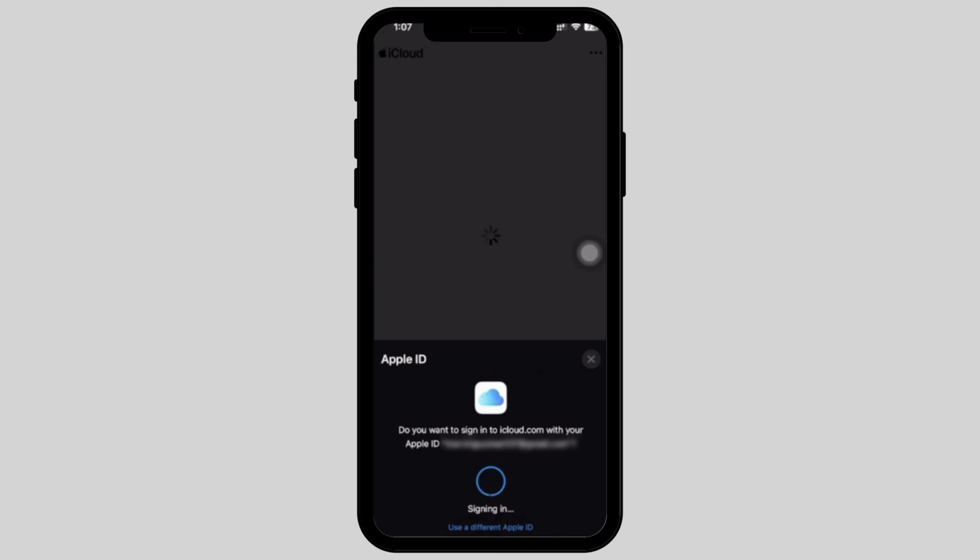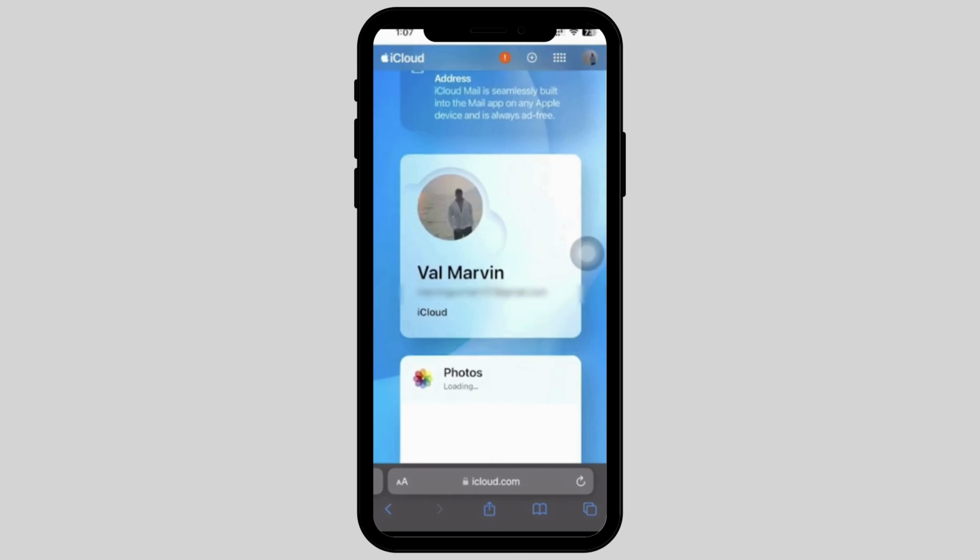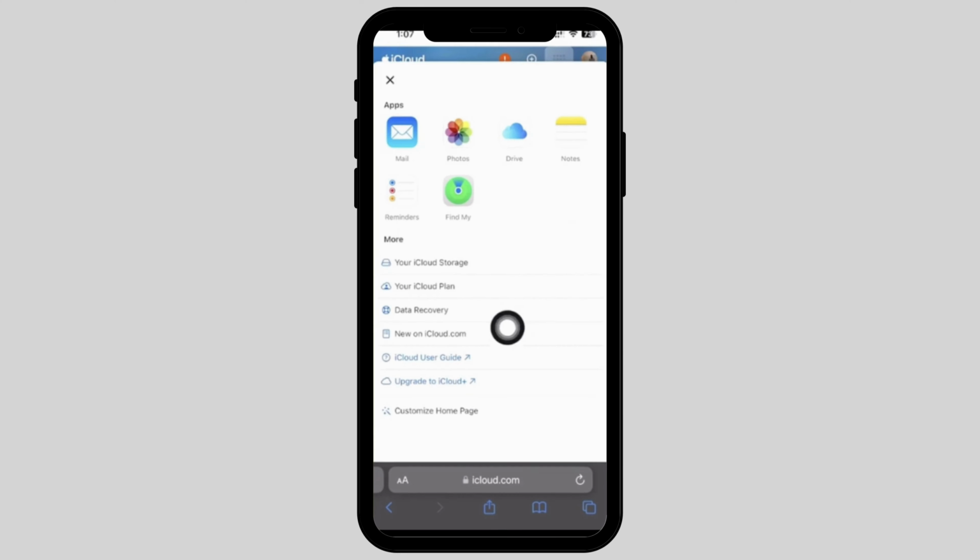Once you do that, it will now ask you to sign in by using your password or Face ID. Now as you see this, tap on the box which is on the top right corner of your screen. As you do this, this will take you to a new page where you have to tap on the data